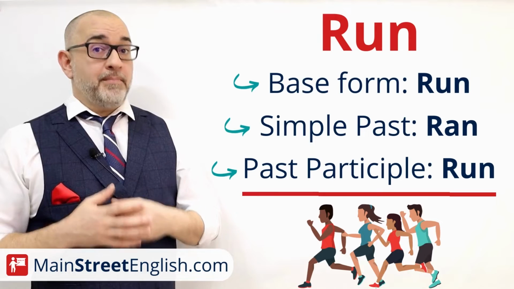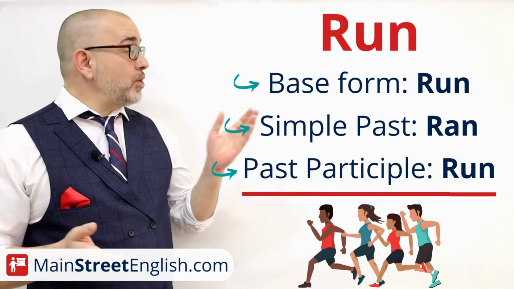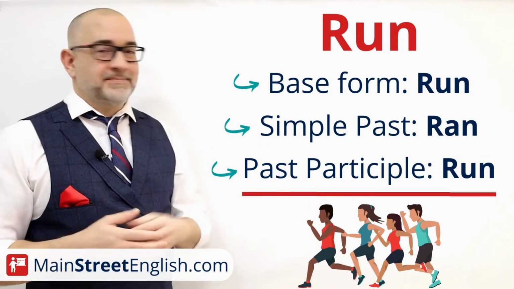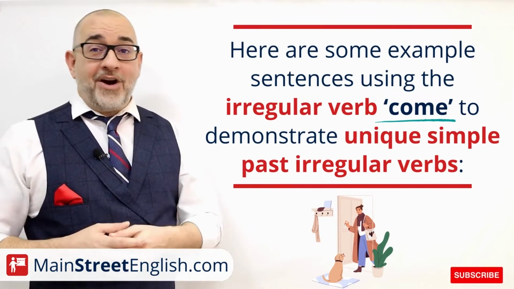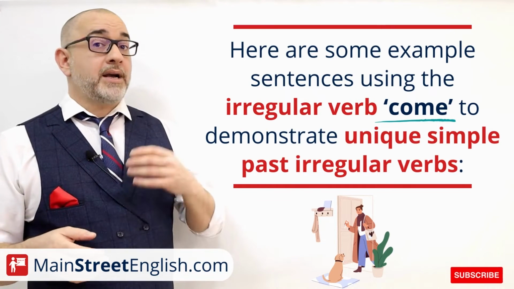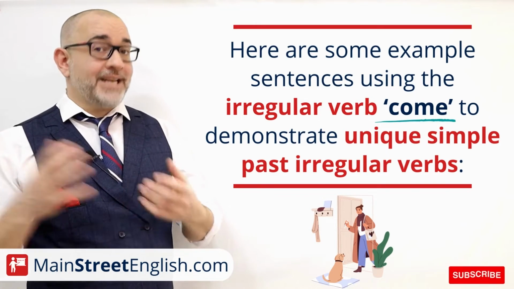Run. Base form, run. Simple past, ran. Past participle, run. And here are some example sentences using the irregular verb come to demonstrate unique simple past irregular